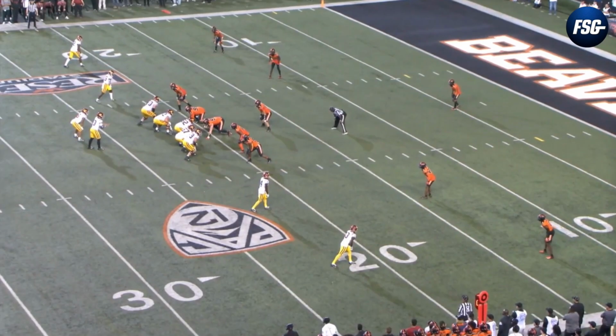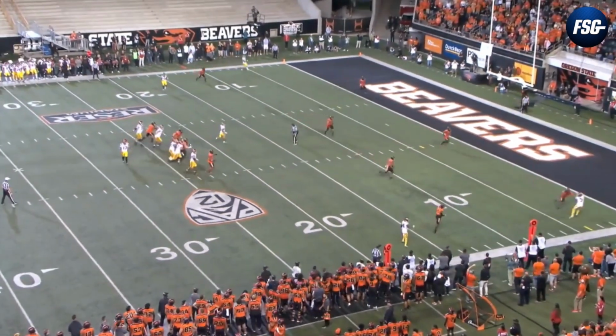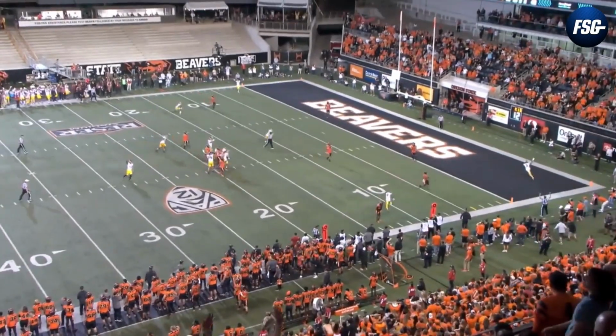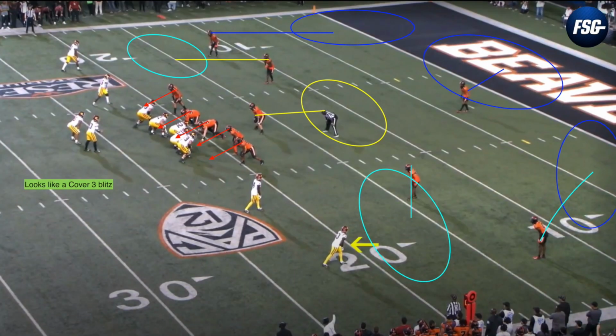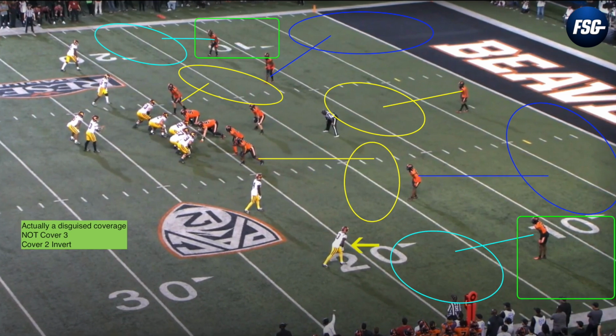All right, now let's break down this deep fourth quarter touchdown reception from Jordan Addison against Oregon State. This was a go-ahead touchdown to win the game for USC. On this play, the Beavers line up in a cover 3 shell showing blitz. However, this is actually not a cover 3. Oregon State is disguising their coverage and actually running a cover 2 invert. Cover 2 leaves tight windows to throw into on the sidelines, and that's what USC is going to expose on